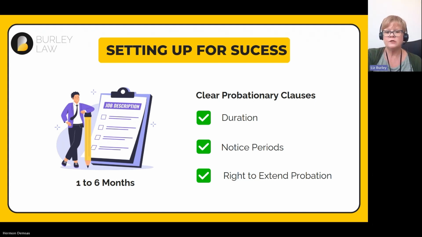Now, as regards notice periods, there is a minimum entitlement to notice for every employee. After 1 month of employment, that is 1 week minimum notice. But thereafter, 1 week up until they reach 2 years of employment. So during a probationary period of less than a year, you can set that notice period at 1 week. That's in line with statutory minimum. And typically, the notice during probation would be shorter than the notice period that would apply after probation.